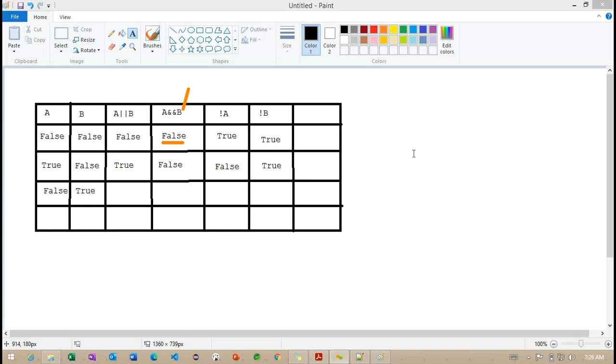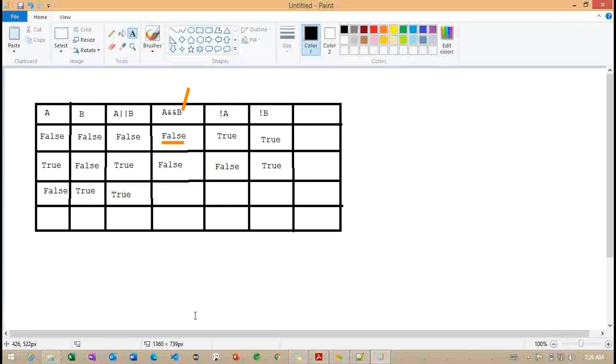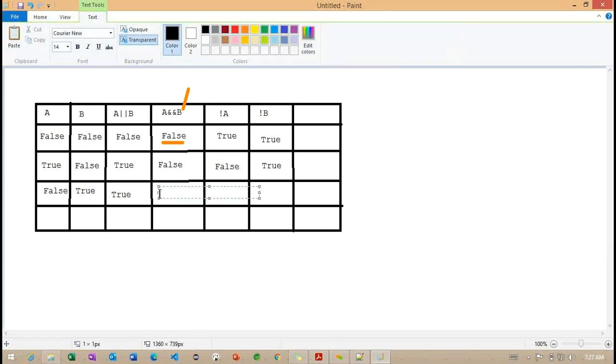This is important because it's checking the first expression, the A expression, which is returning false. So now it's moving to the B expression, which is returning true. Whenever the B expression is returning true, the whole expression will become true. So the A OR B will become true.